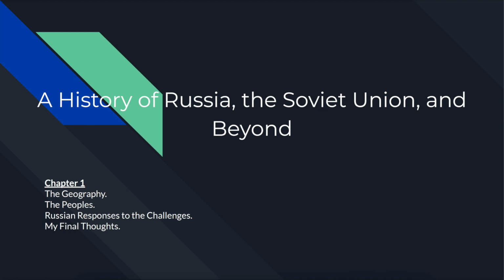To place Russian and Soviet history in the proper context, we must comprehend the underlying geography, climate, and ethnic factors that come along with those topics. These factors pretty much help create the Russian and Soviet Union countries that we see today. The unique struggles that those people faced have shaped them into what they became. This chapter will discuss the geography, the peoples, and Russia's response to challenges in general.